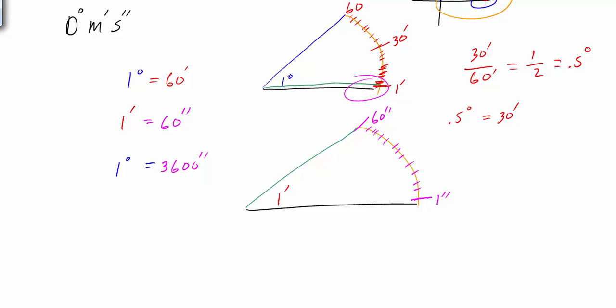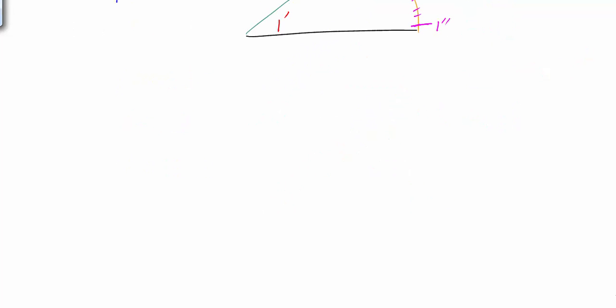Once again, the degree here is 1 degree, and we're going to divide that 1 degree into 60 minutes, and then each minute is divided into 60 seconds. So let me go down here and look at an example of what we're talking about in order to convert these degrees to degrees, minutes, seconds. For an example, if we had the number